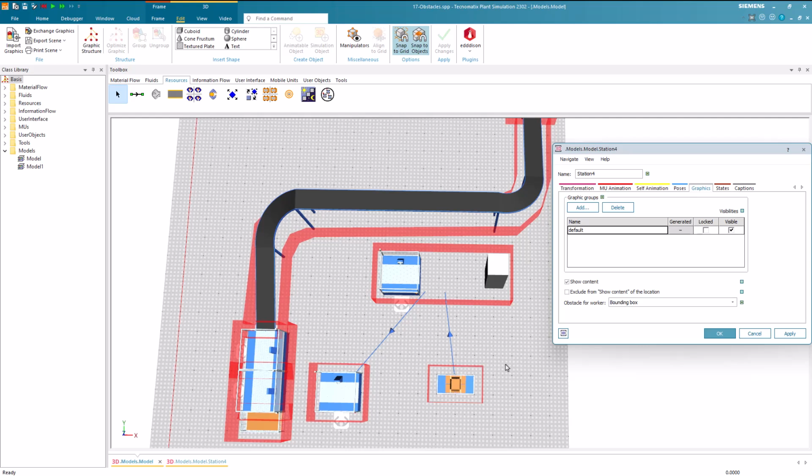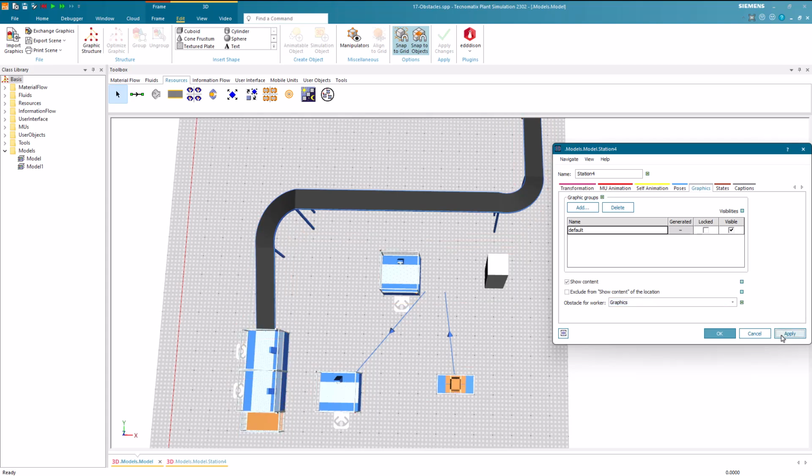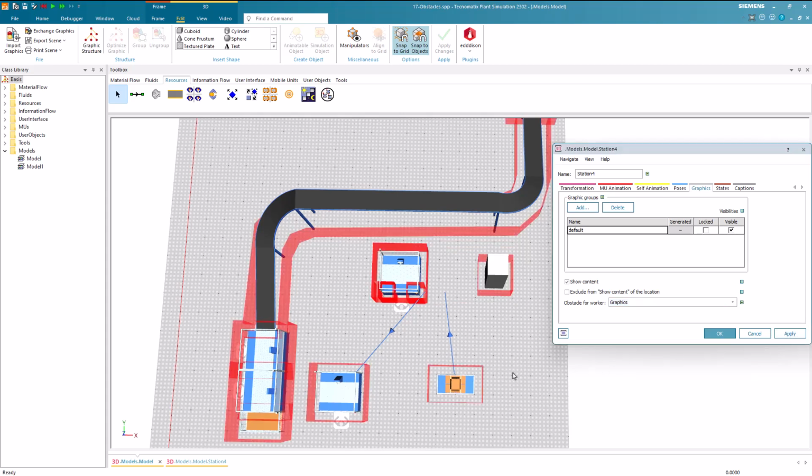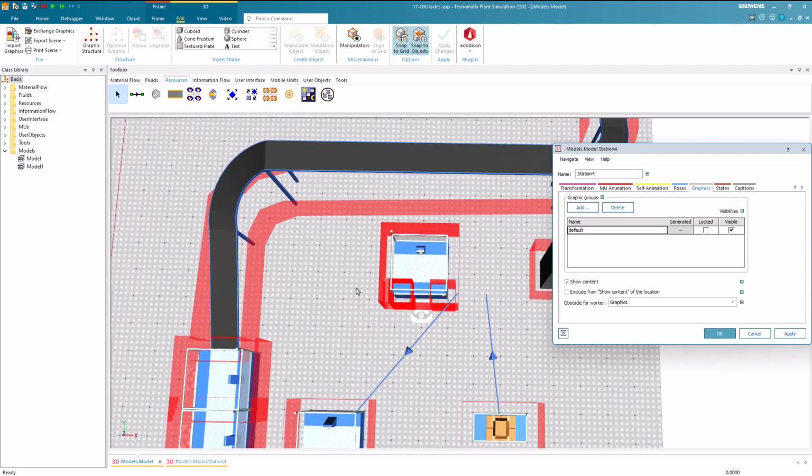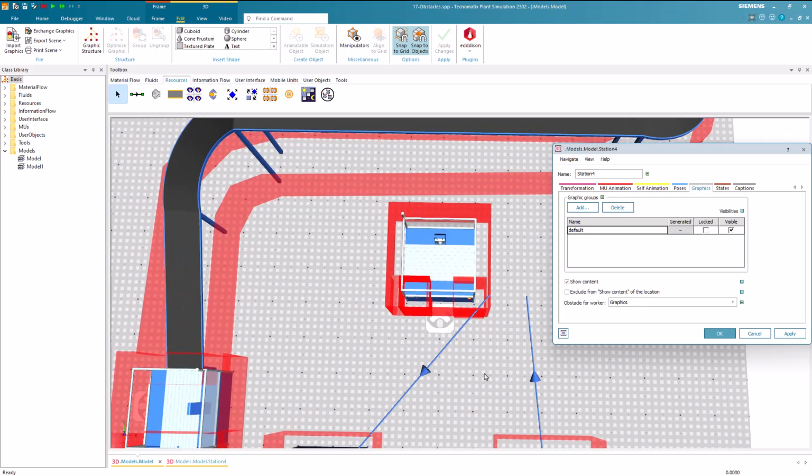If we want to model that the worker should be able to walk between the pillar and the station, we can switch to Graphics. If you now show the obstacles, you will see that the worker has place to walk through. When selecting Graphics, each individual graphic element of the station is defined as an obstacle for the worker.